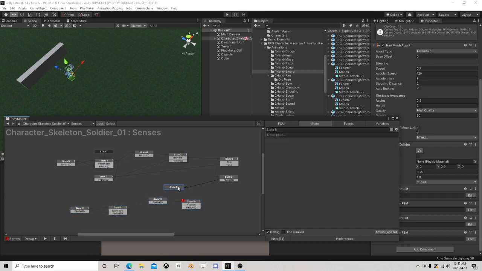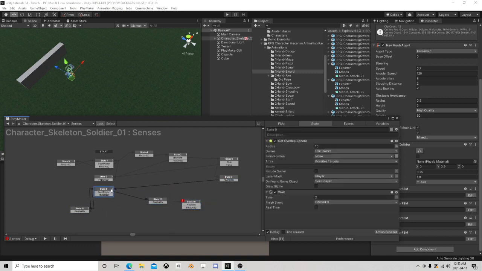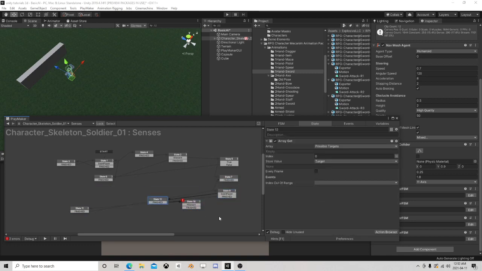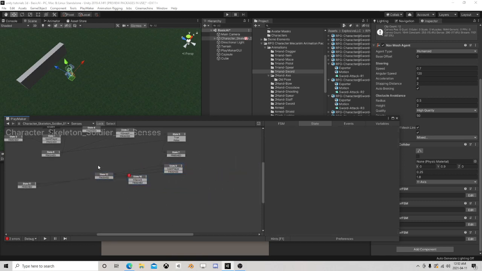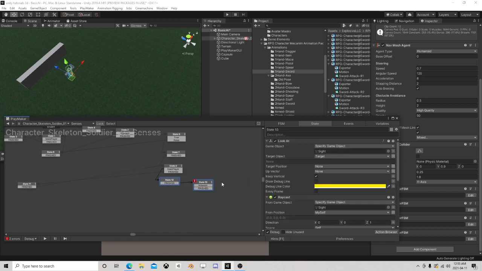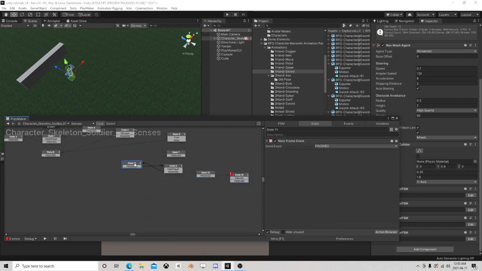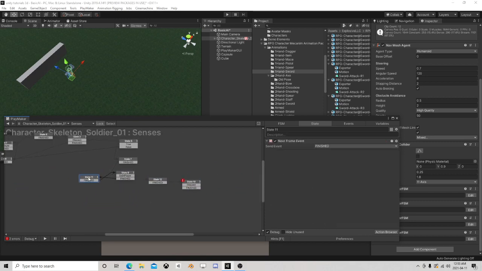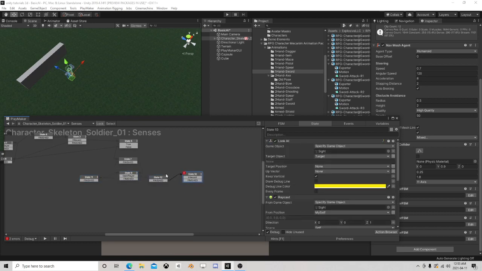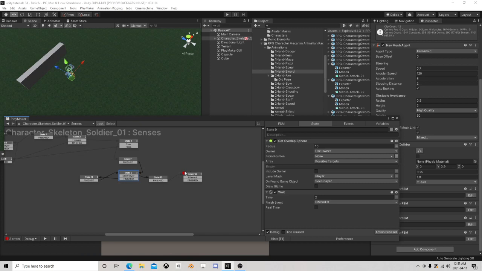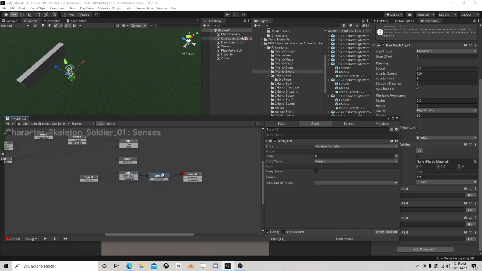So I copy and paste. Actually, I'll delete this one and come down to here. Oh, getting all crazy. Right, and this thing could more or less do the exact same thing. The only difference is